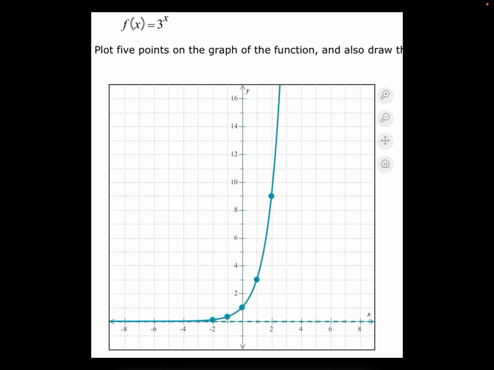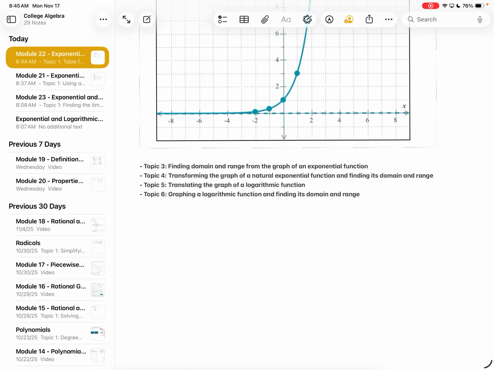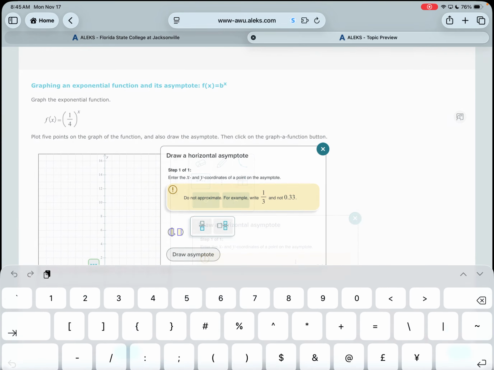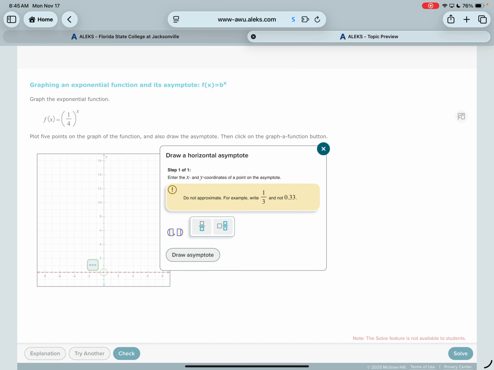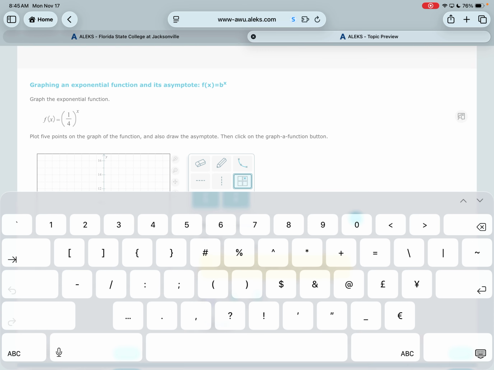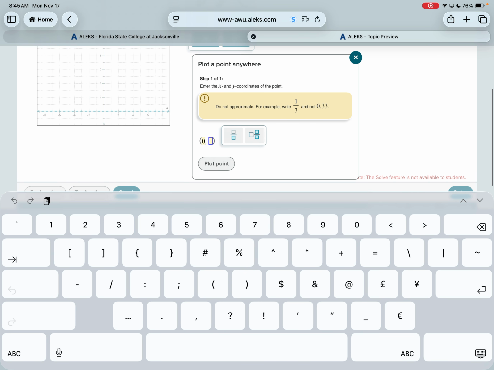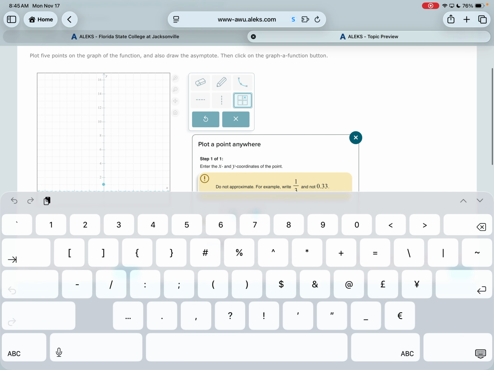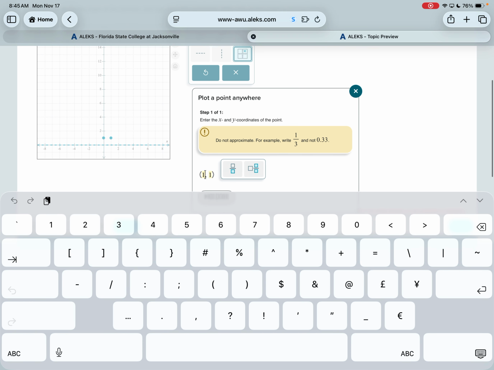So plot my last points here. Negative 1 was 4, and negative 2 was 16. Now, I don't go super deep into these graphs right here. We just kind of introduce them. If you get into finance or calculus or things like that, you definitely look more at these. But what I do want you to notice here is that when